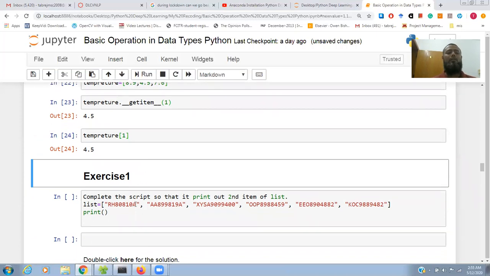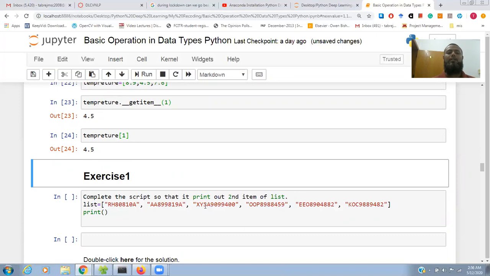Now, complete the script so that it prints out the second item of the list. We have different elements inside the list, and there is an exercise. So how can you write this code? Second item of the list: 0, 1, and 2.